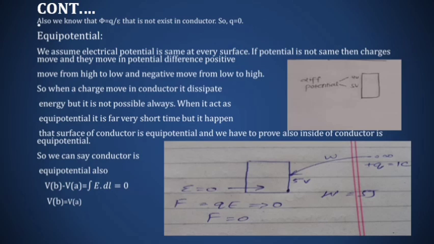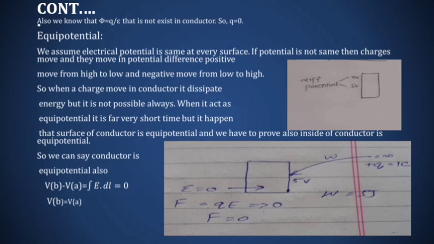If A and B are any two points within or at the surface of a given conductor, then the potential difference between these two points, VB minus VA, is equal to the integral of E dot dl, which is equal to 0,